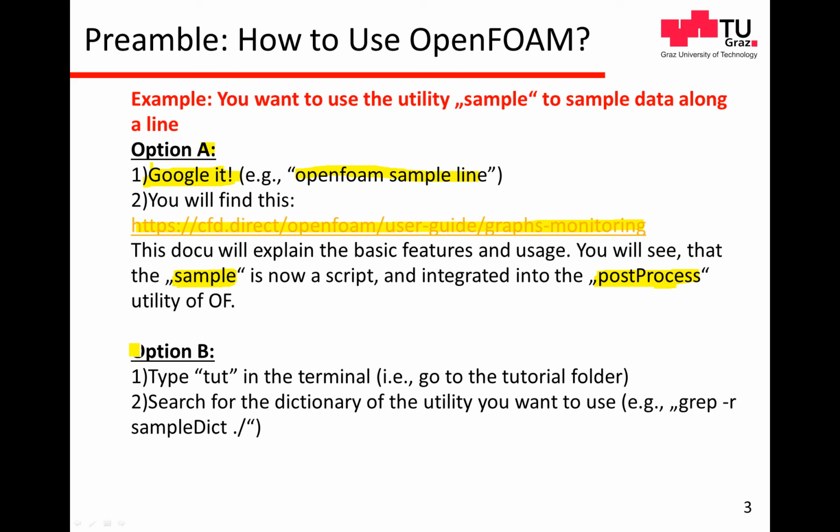Option B, if you're interested, for example, in this sampling stuff, is that you simply go to the tutorials directory by using this alias tut, and then you simply use grep to find, for example, sampleDict. OpenFOAM dictionaries are typically named according to the name of the application, with Dict attached to it, with a capital D. So if you use this grep functionality, you can very quickly and rapidly find out where you